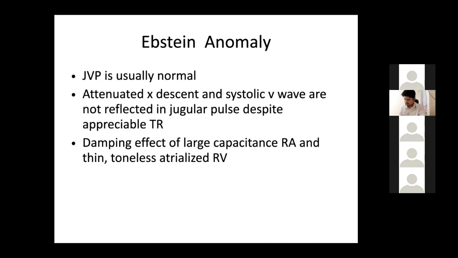Ebstein anomaly is also one condition, though you should not confuse it. You may get a prominent Himalayan P wave in the ECG because the RA is hugely enlarged. You get a significant RA enlargement which is reflected in the Himalayan P wave. But because Ebstein's anomaly patients have an atrial septal defect, all the blood is decompressed into the LA, and so the JVP is normal. So you should always remember this, unless the patient later develops RV dysfunction or tricuspid regurgitation, where you may get TR and V waves.